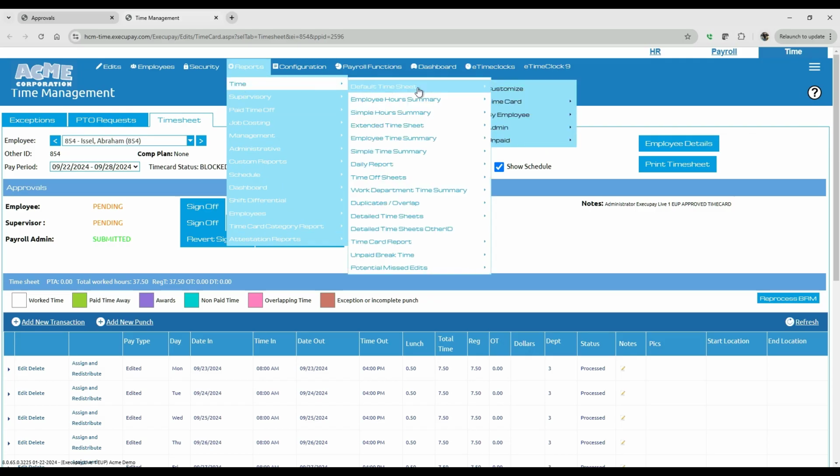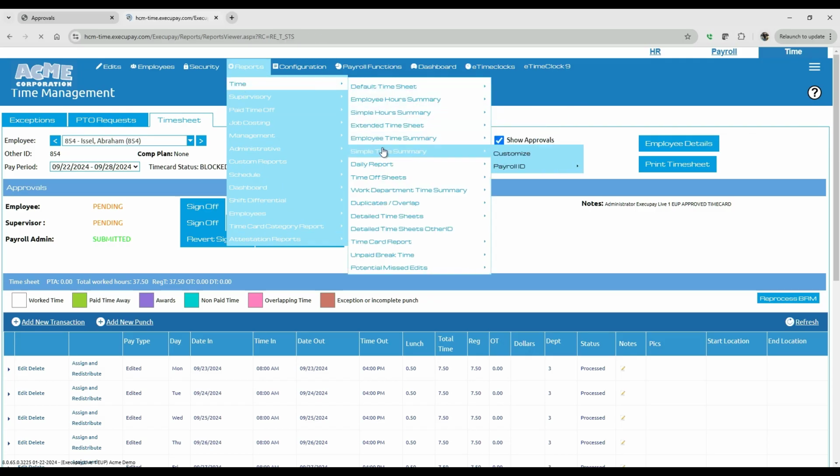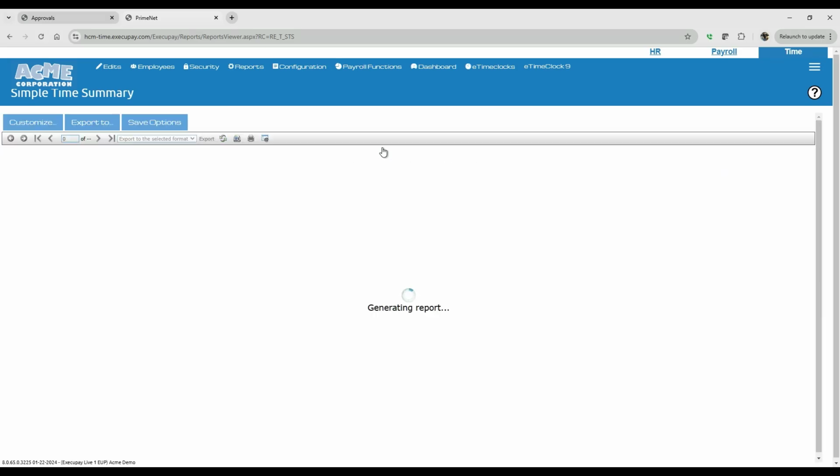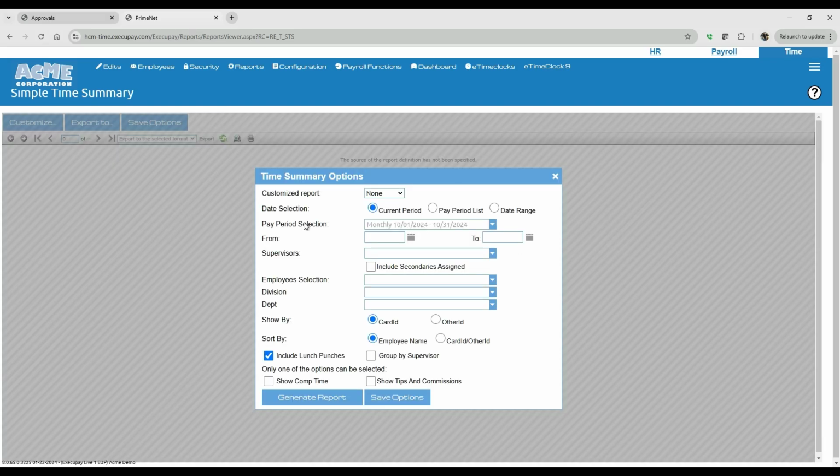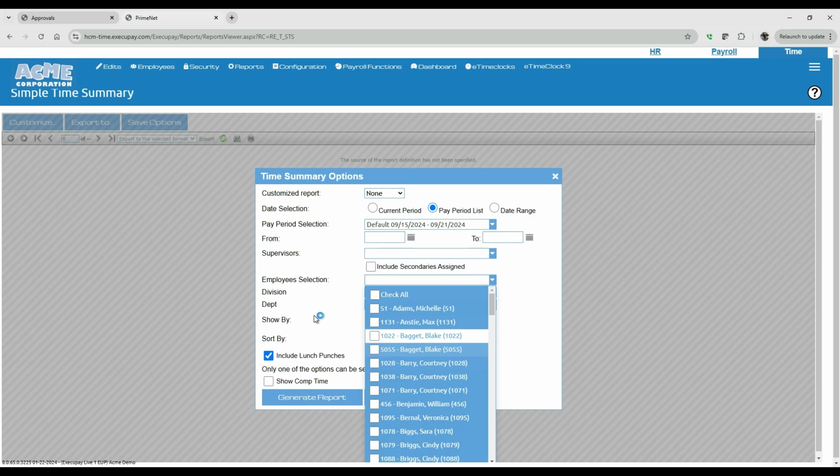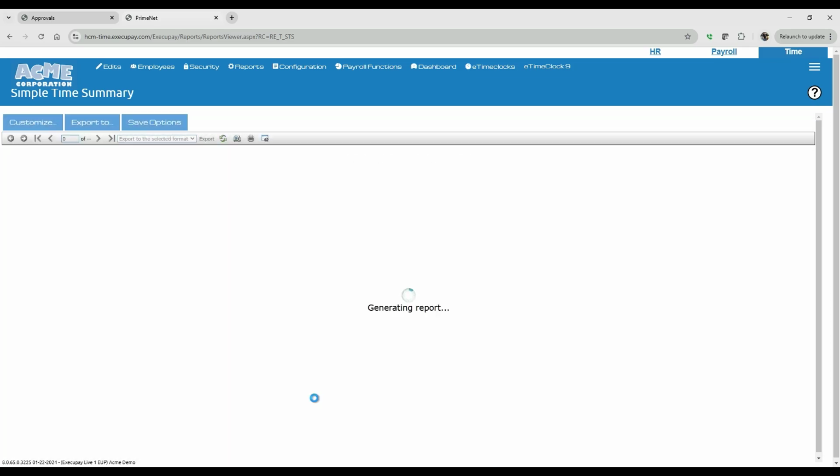And that might include running a report, say a simple time summary. And most all reports are going to run in these ways. I'm going to choose my date range, and we're going to do pay period for this. And we'll do default for that particular pay period. I'm going to leave all this blank. I want to see all the employees, all divisions, all departments, everything in here. So I'm just going to leave it all blank, and the system will assume that I want to see everything. If I only need to see it for a specific division or employee, then I can select them at that time. I'm going to click generate,